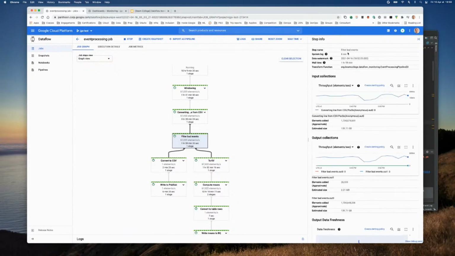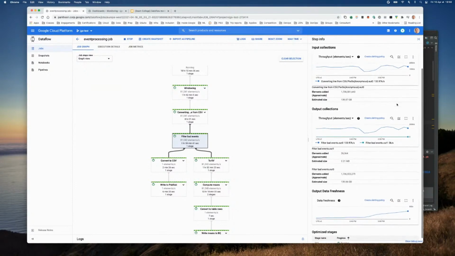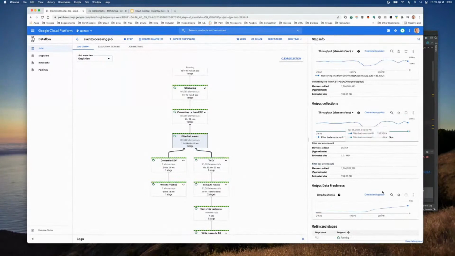If you click on one, you can also see the system lag for one step. You can see the wall time. The wall time is the time that is being spent on this step by all the workers and all the threads. And also, you have the information of the throughput that comes into this transform and the throughput that comes out of this transform. So if you have a big gap between these two, there's a problem. Your step is really too slow. And at the very bottom here, you have something that is important. You have the stage in which the step